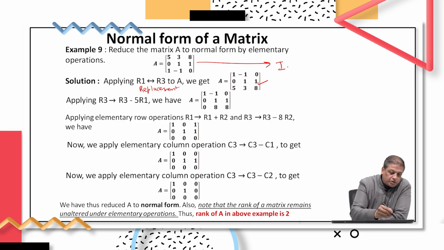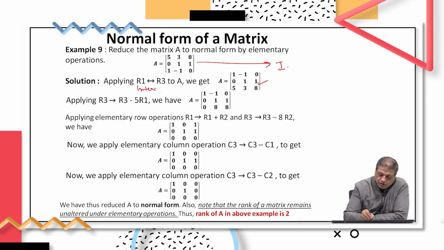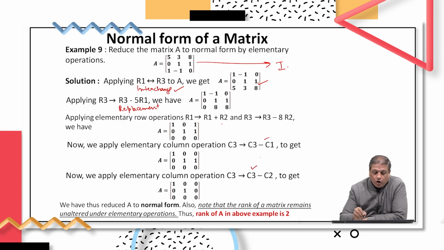Again, no, this is not a replacement operation, this is an interchange operation. By performing the interchange operation first, because if we recall the algorithm, all the values before the first value should be 0. So, just recall the algorithm. We first perform the interchange, then we perform the replacement. Again we are performing the replacement, that is R3 is to be replaced by R3 minus 5 R1, and we get